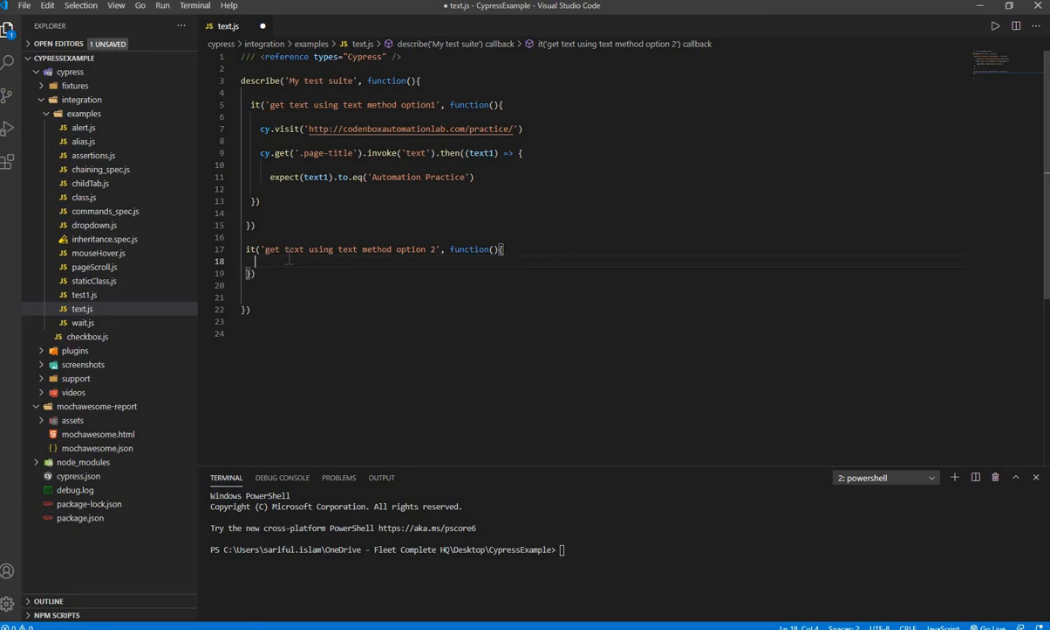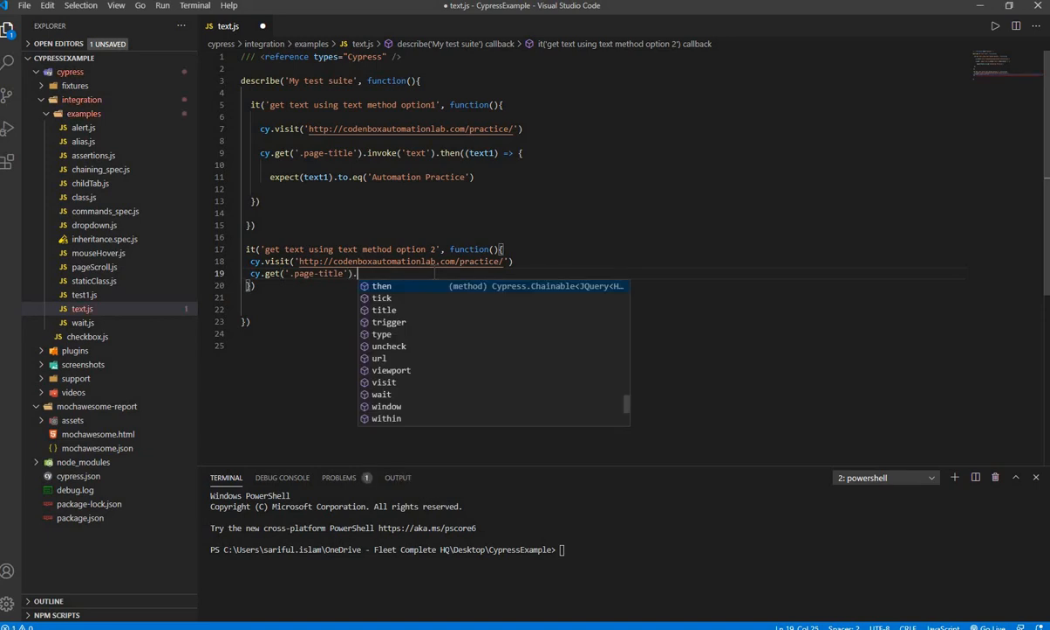Okay, and here, first let's go to the same URL. So I'm just copying and pasting here, cy.visit this line, and after that we're going to use the same cy.get to spy the element, this is the CSS selector. This time we're going to just use the then function, and inside the then we're going to call a function,